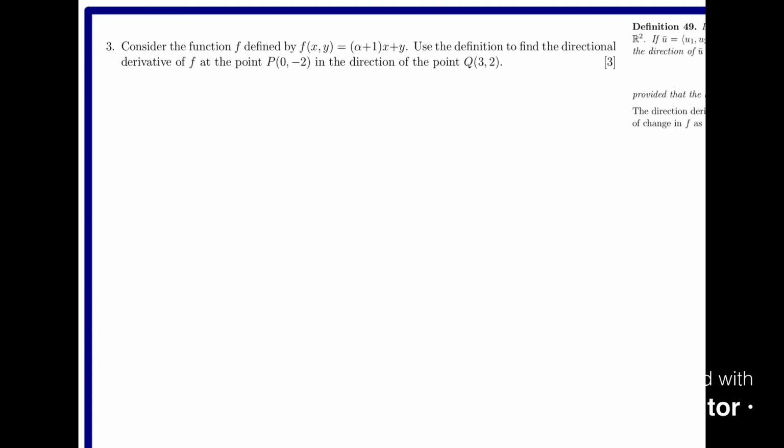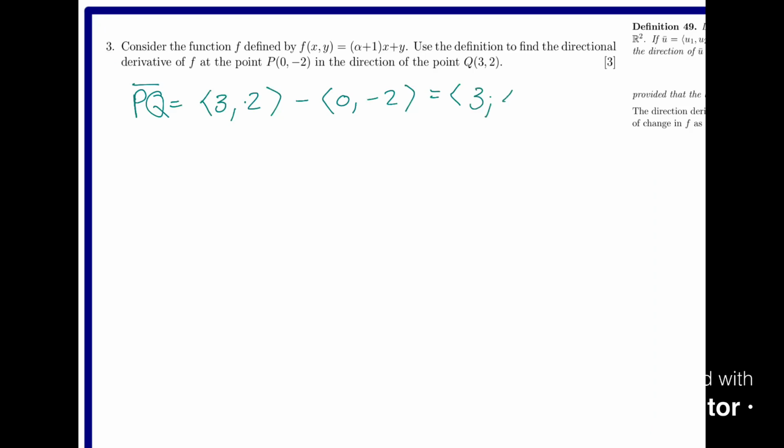So the first thing we need to do is to get the direction vector from P in the direction of Q, which we denote by PQ with a bar on top. And that is just equal to the vector (3, 2) minus the vector (0, -2). And this will be equal to